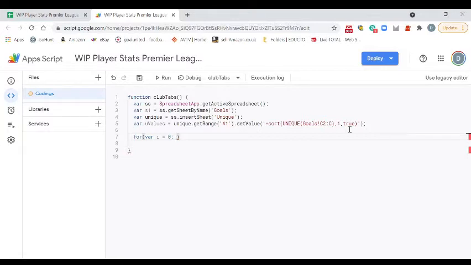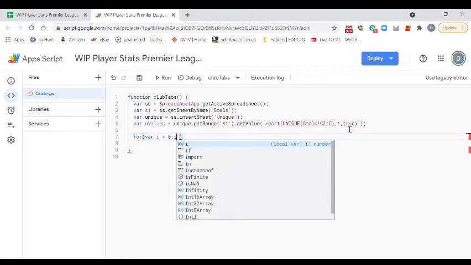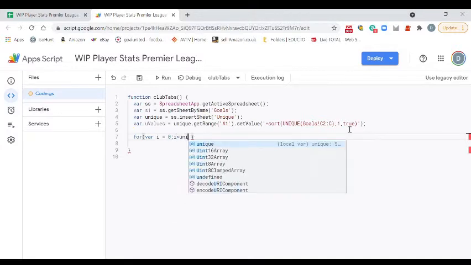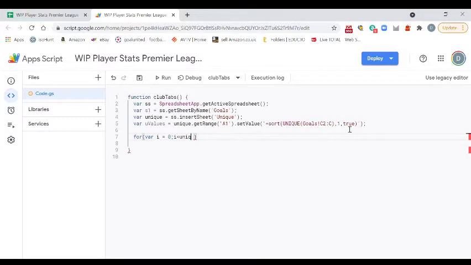Right, so basically what we're saying is the row is always going to be i, and the first row we want to look at is row 1, which in a loop is going to be row 0. And then we want to be looking in i whilst it's less than the last row of data. So that's going to be equals unique dot get